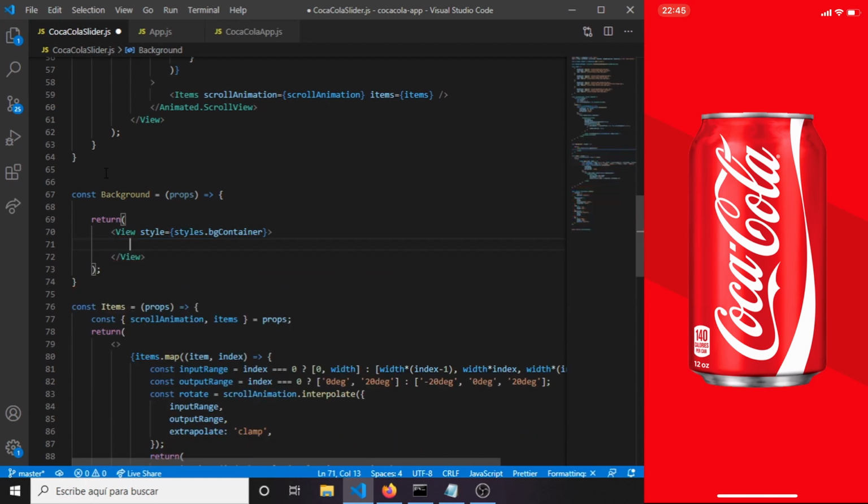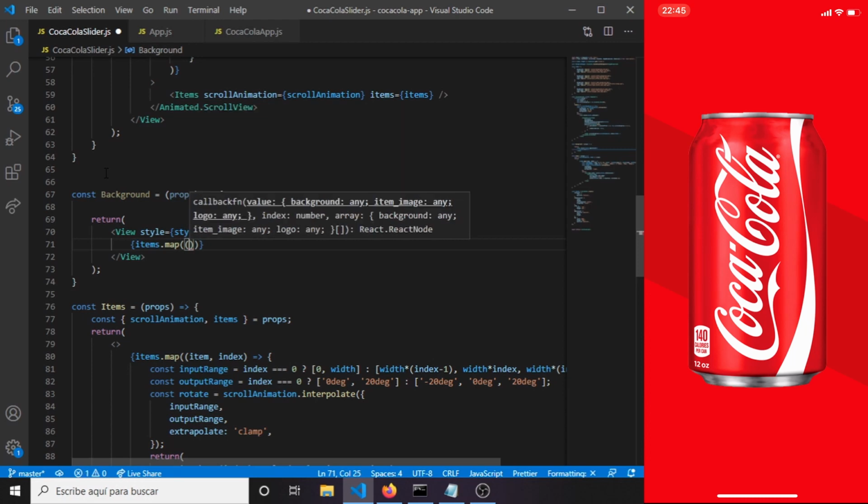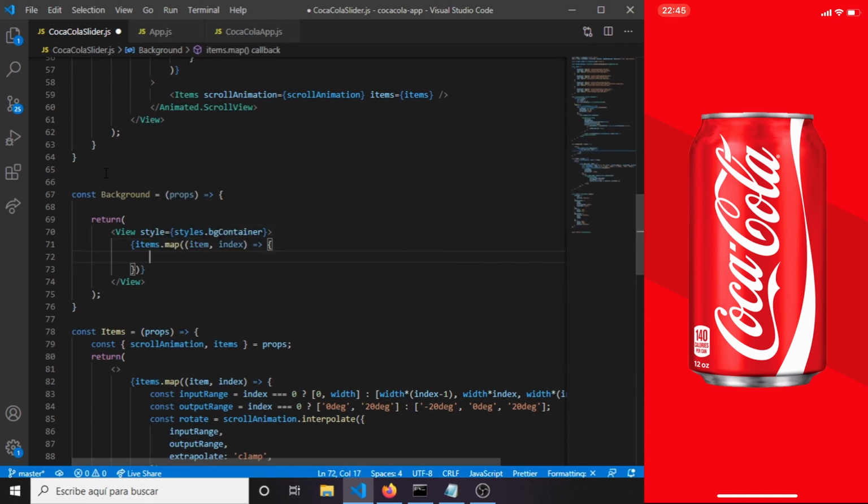Okay, now we're going to map the items array again, and we are going to use the item and the index, and we're going to return